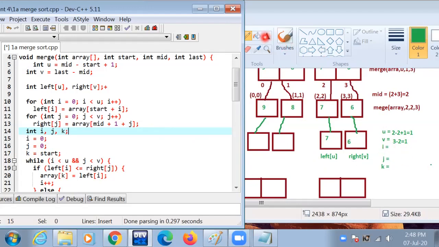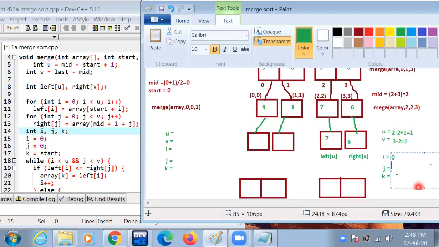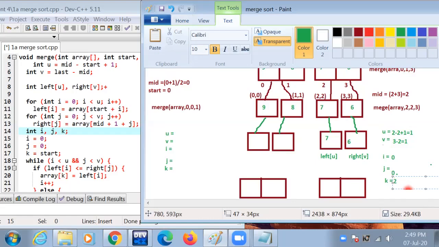Then I value is 0 and j value is 0 and k value is 2. Then k value is 2 now.